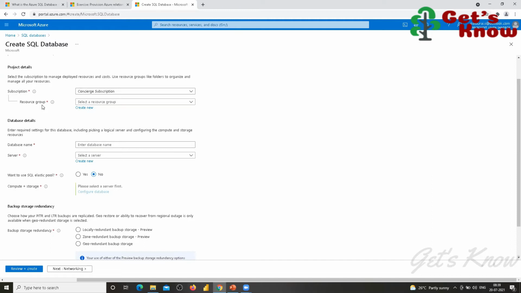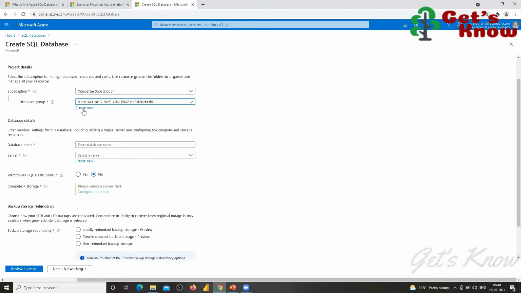Otherwise, you cannot use any of the services. So the services you have to keep in that one resource group. For example, if you are working for multiple clients, for each client you can create a separate resource group. You got it? Yes. So like this you can create any resource group, but here we already have one default resource group for this learning page.